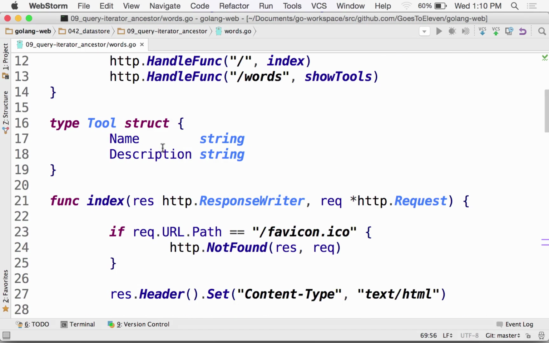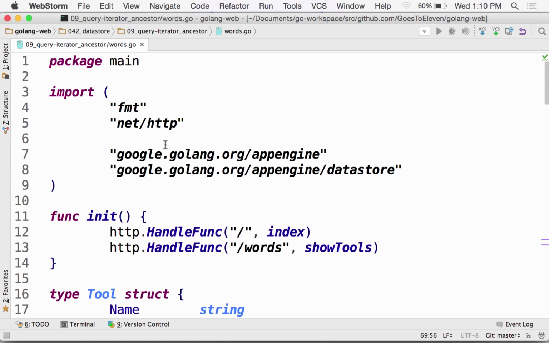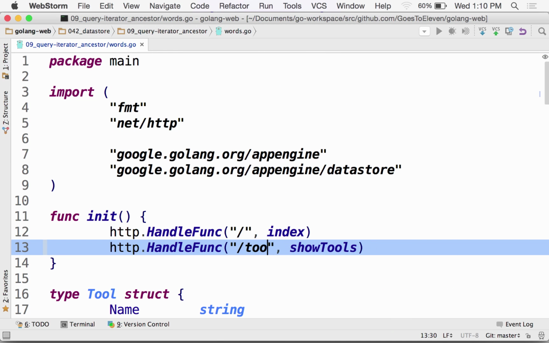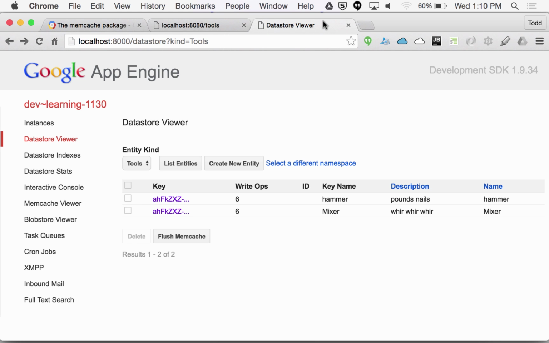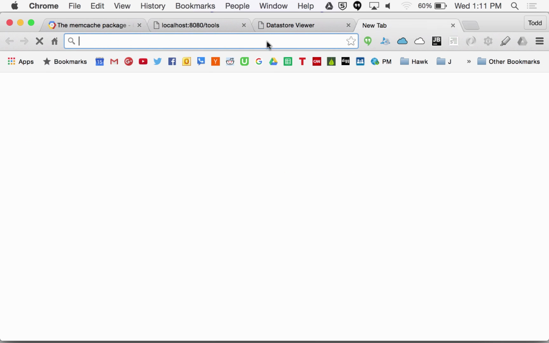Please note that the filter is ancestor and not parent. So the ancestor key may be a grandparent, a parent of a parent. There's no plain parent filter for your queries. It only has ancestor. Which is still useful in itself. Yes, because as you nest further down, if you want everything of this grandparent, great-grandparent, whatnot, you can still call that. Usually you only want to have one extra generation